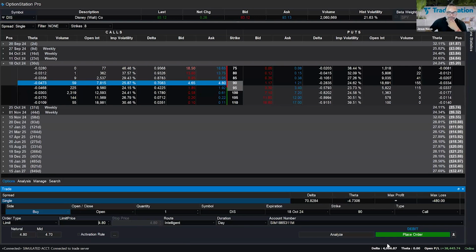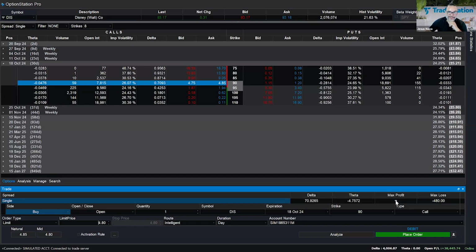Let's go ahead and also show you a couple things. On the trade bar, you're going to see information such as maximum profit and maximum loss. Of course, the maximum loss is 480 because that's what the option costs. So it's going to cost us $4.85. The max loss here is based on what the limit price of your order is. If I get filled at 480, my cost is $480, and that's my maximum loss because this option can expire worthless. Now, of course, my maximum profit has the infinity symbol because Disney can go up indefinitely and provide me